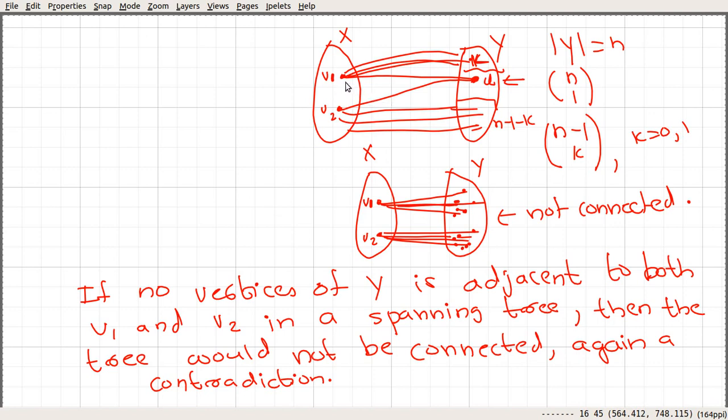In that case, one vertex other than U is made adjacent to V1, and the remaining n minus 2 are made adjacent to V2, and so on. This k could be 0, 1, 2 up to n minus 1, and all these are disjoint cases, so we have to add them up to get the total answer.